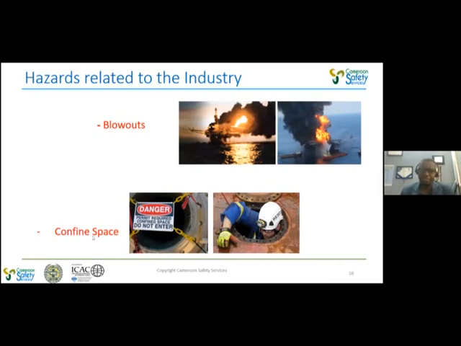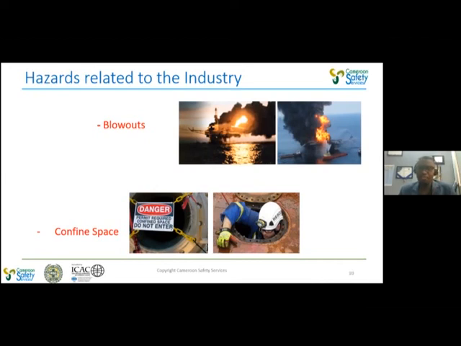We also have the fact that people have to work in confined space. Some of the confined space which we can observe on the rig, like the pits, where they mix fluid to drill the well. We have areas that are used for accessing maybe some equipment of the rig. So these are also very dangerous because sometimes there is toxic gas that settles in this area. And so accessing it can be very dangerous, as you will have to come into contact with this toxic gas,